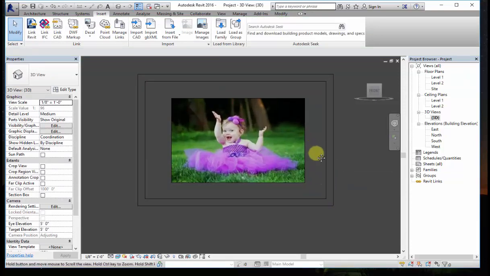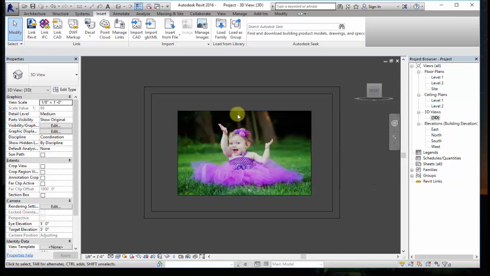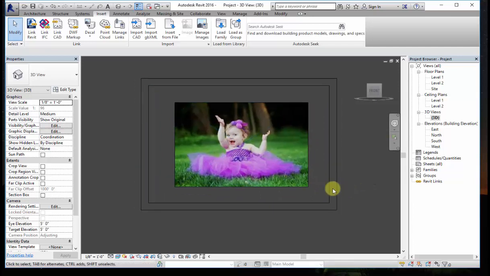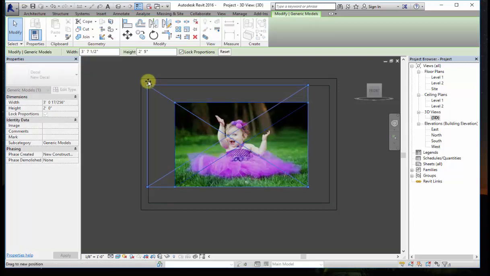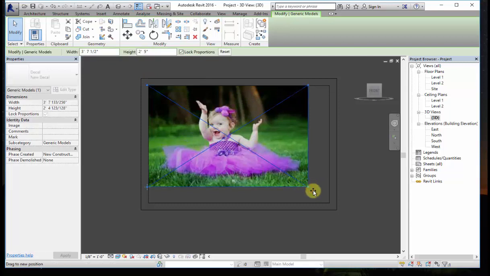Now if you want to adjust the decal size, you can see my frame size is a bit bigger and the decal size is a bit smaller. To adjust it, I'll select this and, using these grid points, adjust the decal image. I'll increase it like this and from here as well.